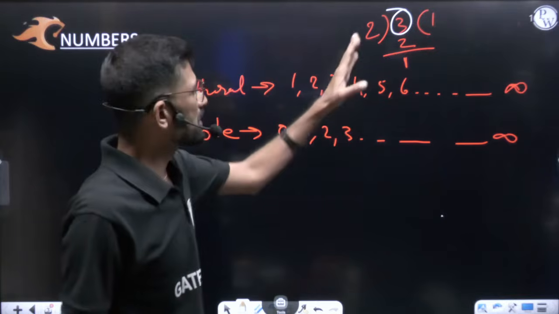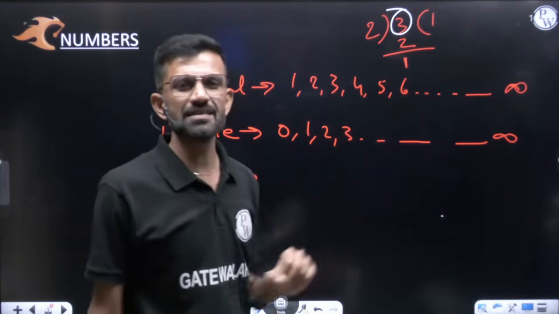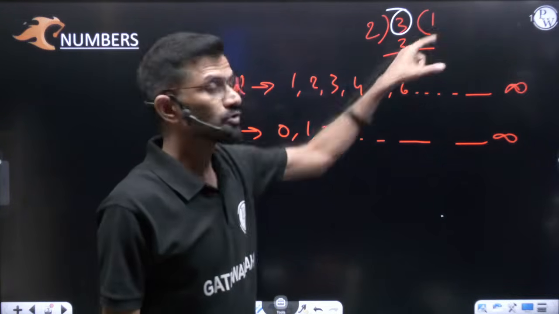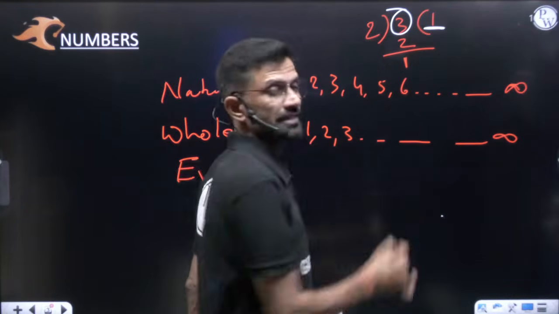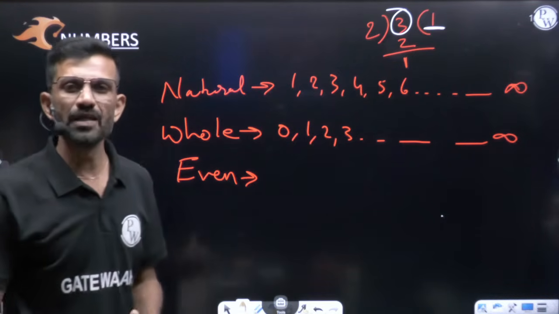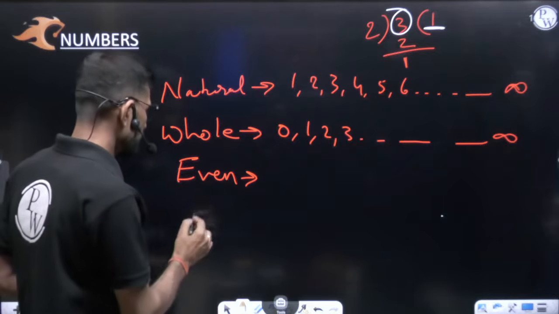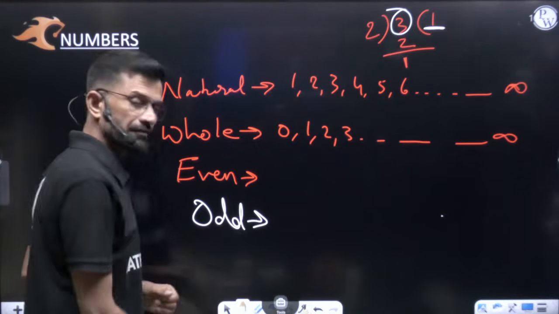Any number which, when divided by 2, leaves the remainder 0 is an even number, but the quotient should not be any decimal or fraction. The quotient should be some whole number. So even is clear, odd is also clear. Moving further,